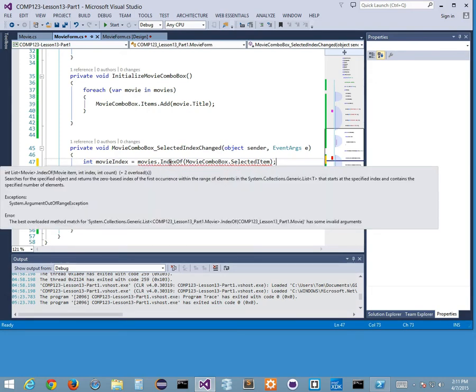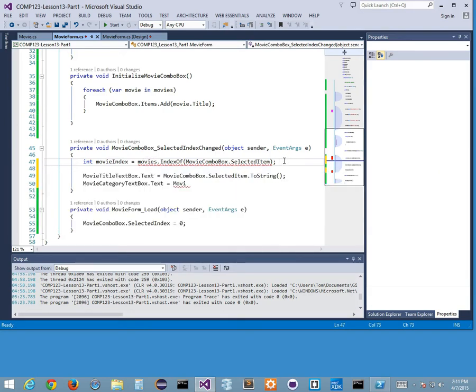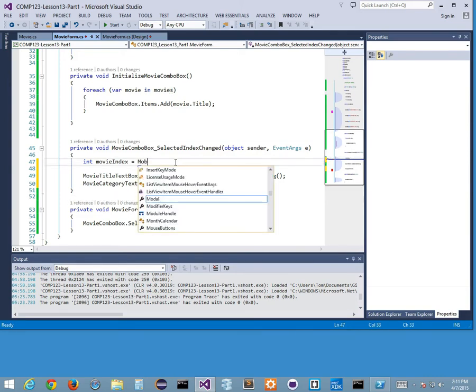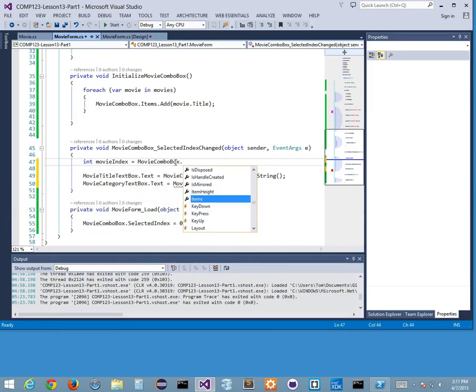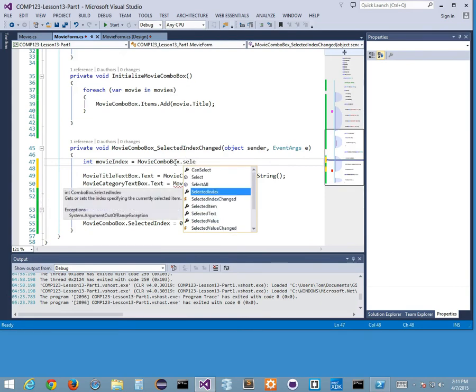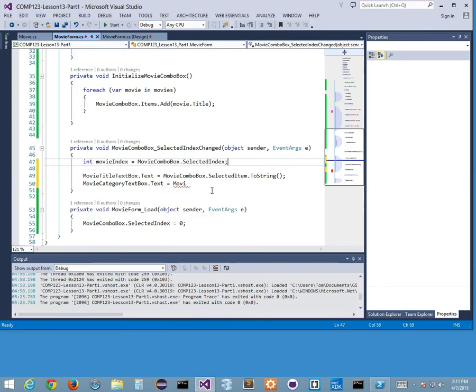It can't be selected index, because movies is a list. Or could I just do movies, because I don't care about the list. Remember we did that whole thing again. I could say movie index is movie combo box. We already have it, we're going to use our form a little bit. Movie combo box dot selected index. Wouldn't that be the right thing to do? Yeah. Now that we have our movie index, whatever that is,